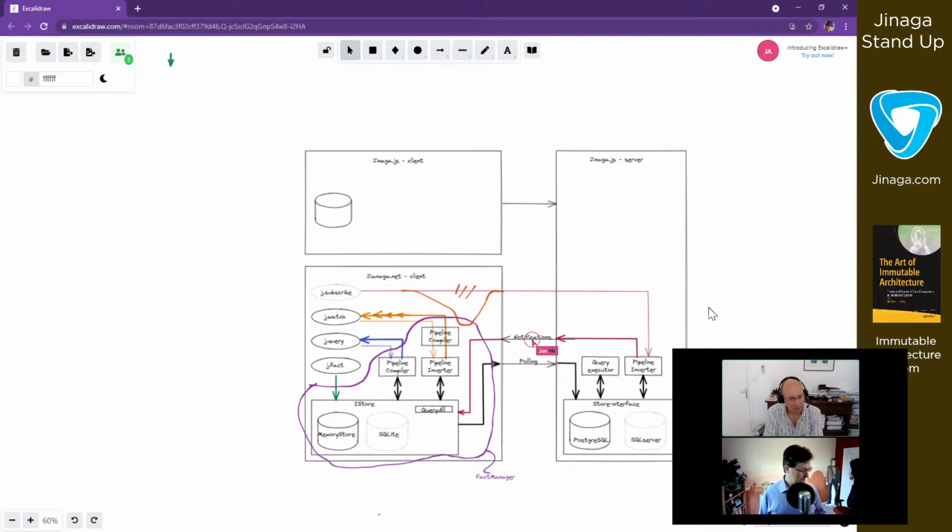Because Android has its own notification mechanism, and iOS has its own notification mechanism, which in Android is very tightly integrated with battery saving. Yeah, that is a good point.